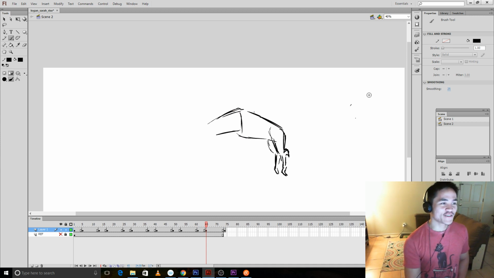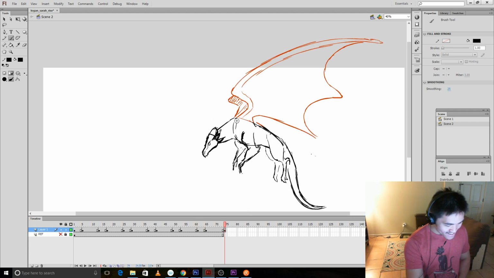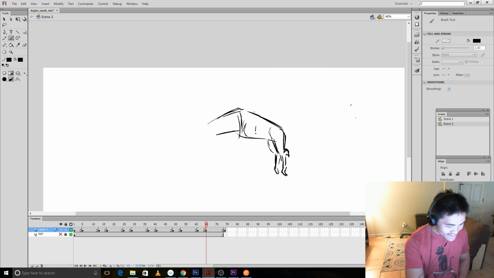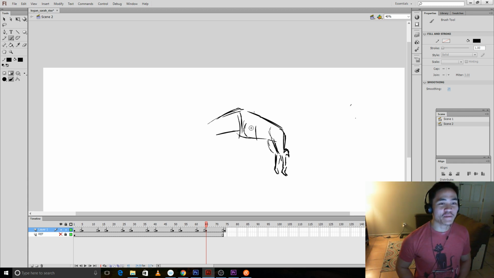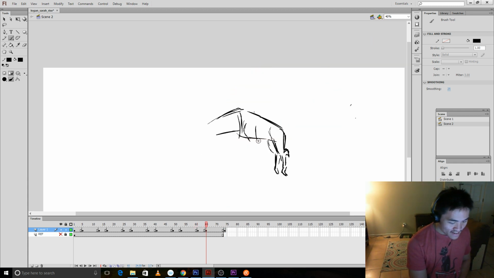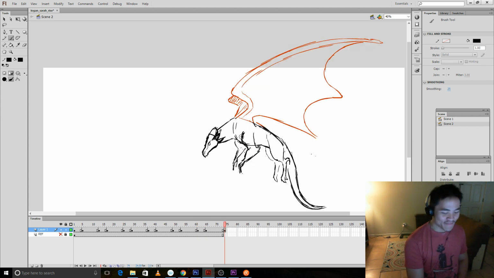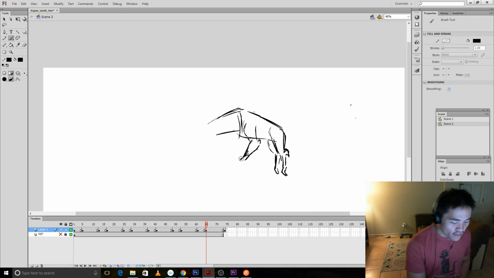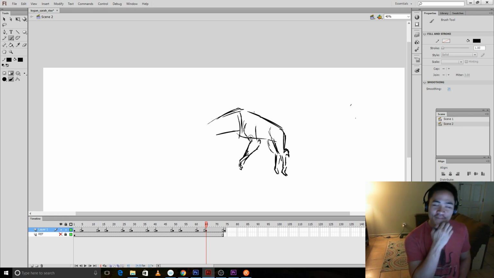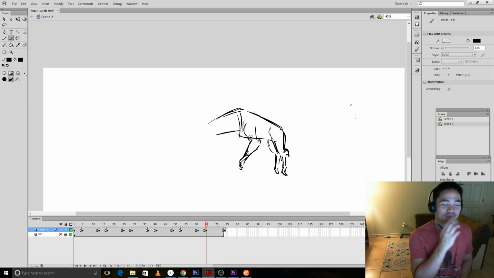Alas, Powerhouse is a 2D only studio. I remember a friend of mine in high school got Madhouse and Powerhouse mixed up. This was back in 2009, when Madhouse made a really cool Iron Man teaser, and my friend from high school was like, yo, there's a studio called Powerhouse making this. I looked it up and said, that's not Powerhouse, that's Madhouse. This is Powerhouse, and I showed them the